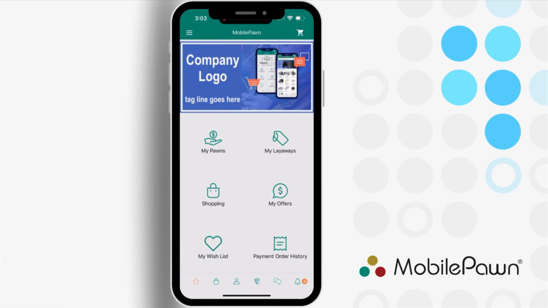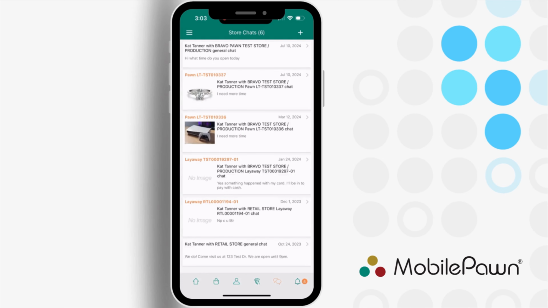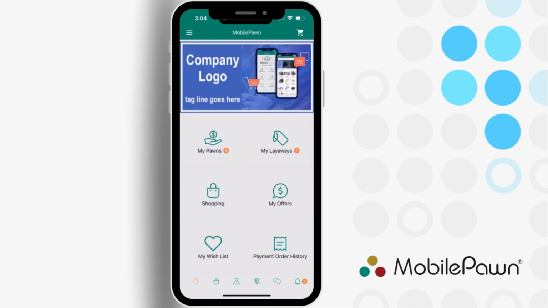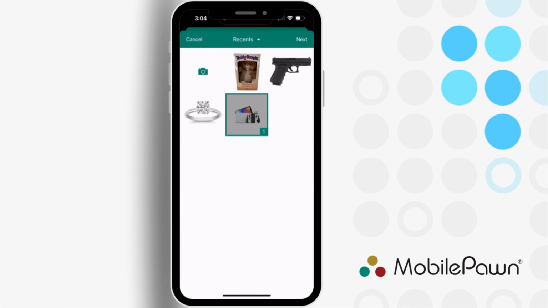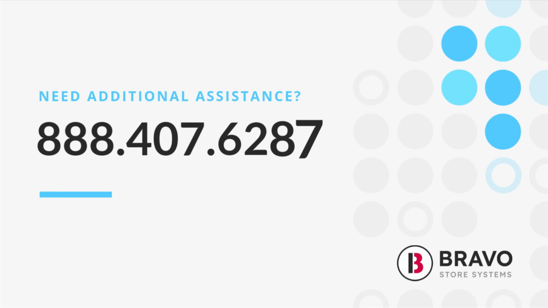That's it! Now you have access to your pawns, layaways, shopping, chat notifications, and you can even submit images of items, include details and desired amounts to your favorite shop for items you want to sell or get a loan on. For more information on how to self-activate MobilePawn, give us a call at